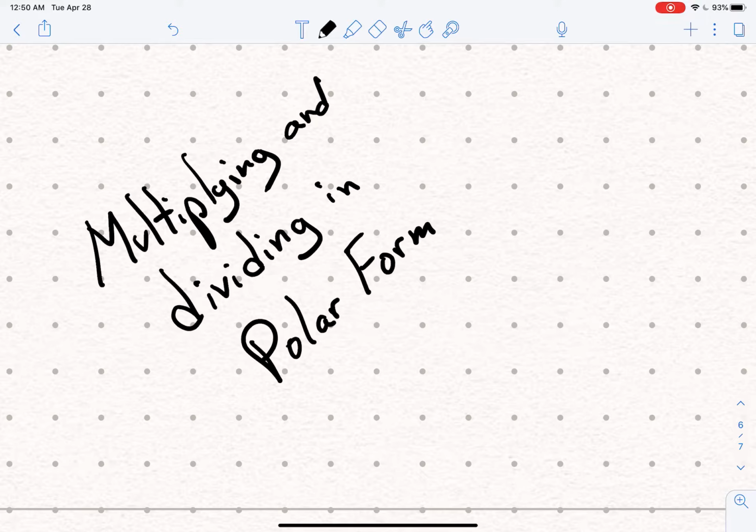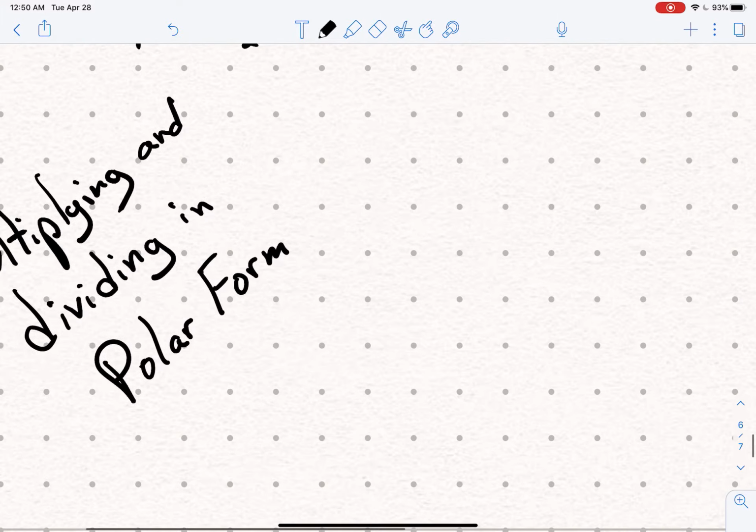The fact that this is amazing is probably not going to sink in now, but it might sink in later when you look back at it. I'm not sure. Anyway, I'm telling you, this is amazing. Something magical happens when you convert two numbers into polar form and multiply them in polar form. And the cool thing that happens, I'm going to show you a formula for it in just a second, but I don't know if the formula really does justice to how cool and amazing this is. All right, if you have two numbers in polar form and we multiply them,